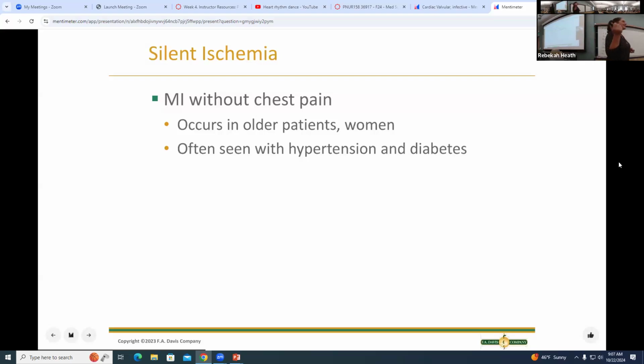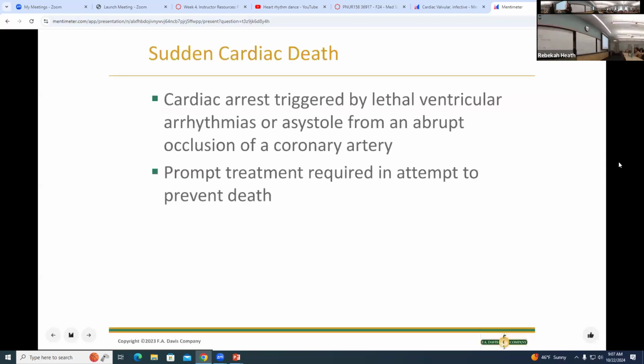Oftentimes, this silent ischemia, where there aren't obvious signs and symptoms, happens with patients who have hypertension and diabetes. Okay, those are correlated. Sudden cardiac death. That's usually where you have a lethal ventricular rhythm or asystole that happens from an occlusion